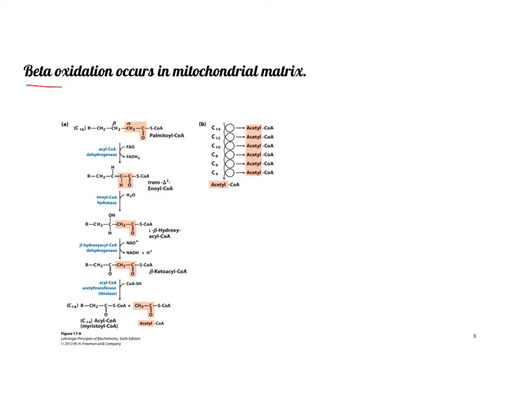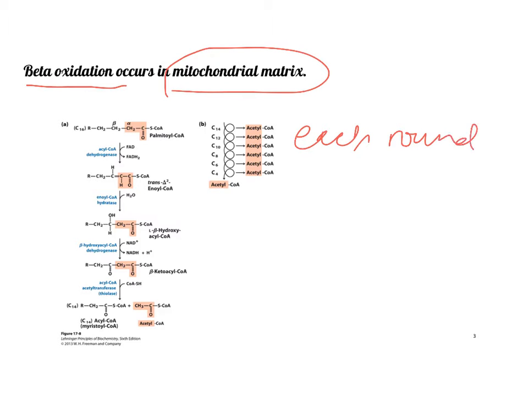Okay, so beta oxidation is a pathway. It's a process that occurs in the mitochondrial matrix, and it has 4 steps. And each round, you're going to get out 1 acyl-CoA. And the reason we're going to get out 1 acyl-CoA is because every round of beta oxidation is going to chop off